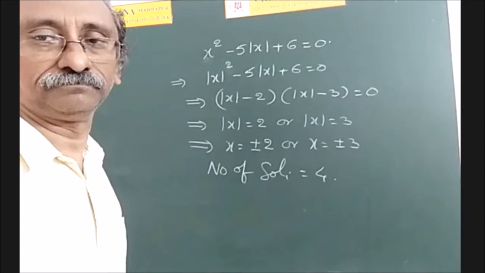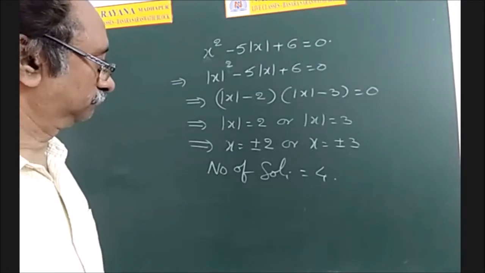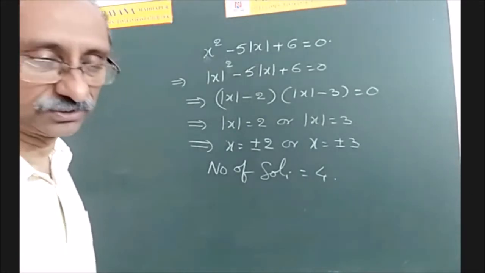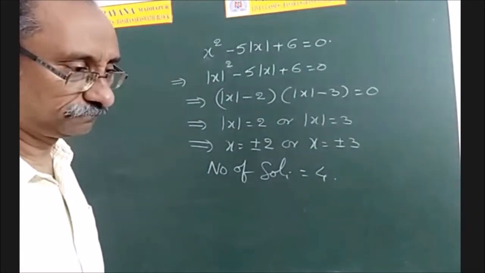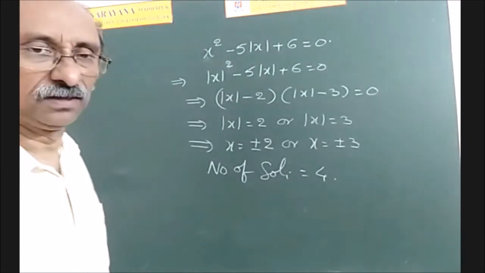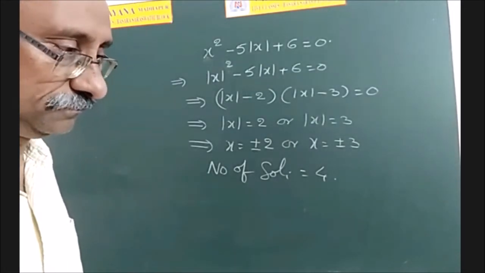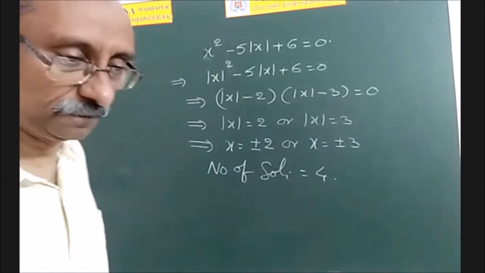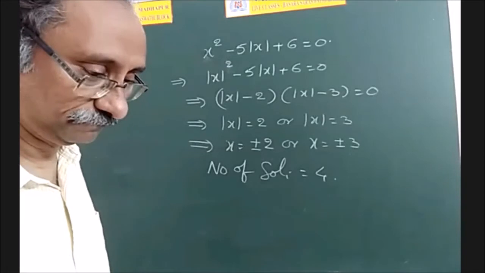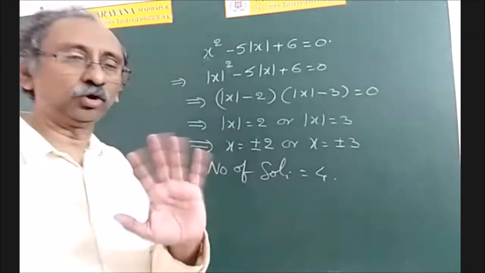Harshit. Sir, if mod x is there, we can get two conditions, plus or minus. So here, whenever mod x is equal to 2, we get two solutions, x is equal to plus 2 or minus 2. In examinations, we get plus or minus two conditions. Sir, then we get two quadratic equations. Yes, sir, we can directly write two quadratic equations, meaning for each equation two roots. We can directly write both.